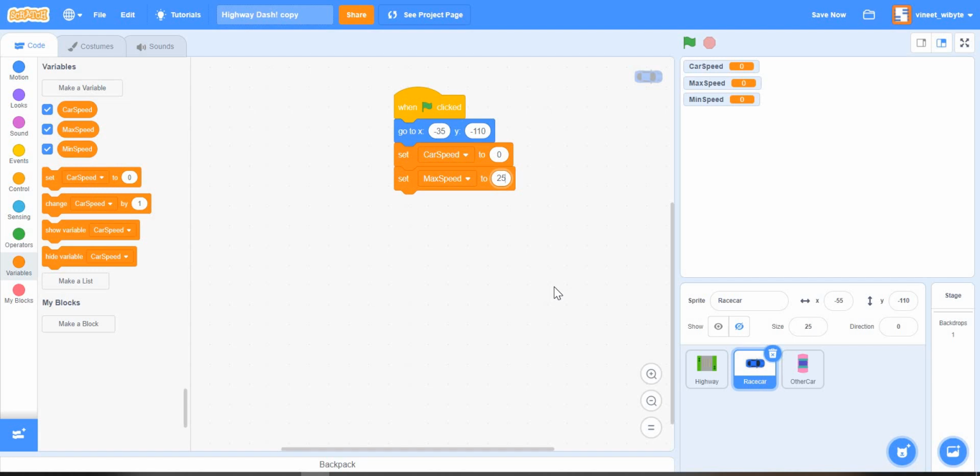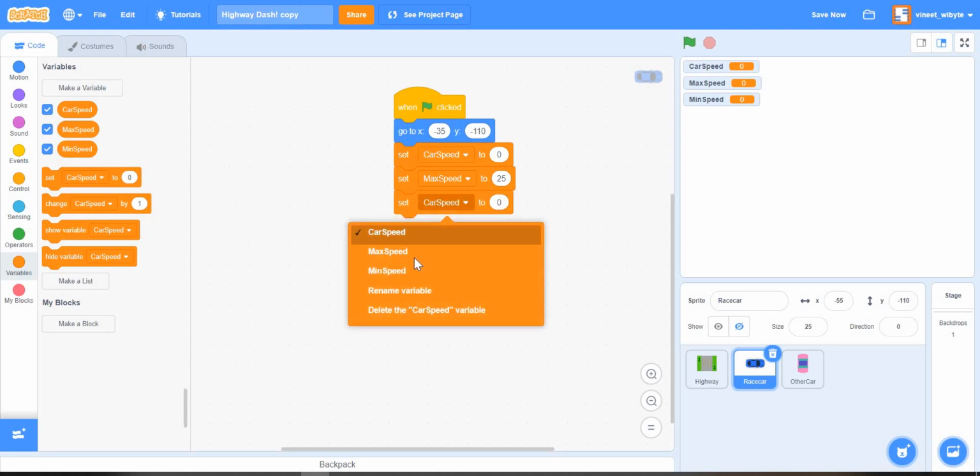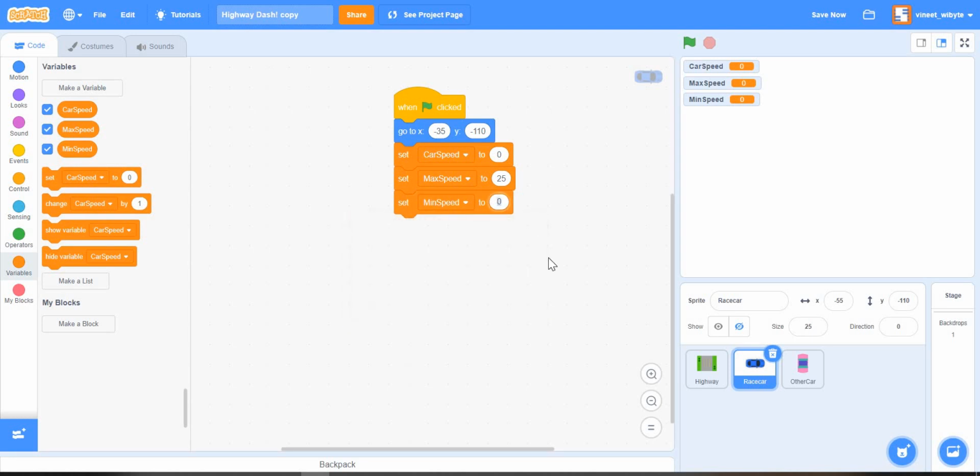So I'll limit the max speed to say 25, and I'll also limit the min speed to something like 1. Now, you may wonder, why do I not make min speed 0? That's because, in this game, I have other cars which are moving. So if my car has stopped, it's somewhat illogical that other cars are still moving. Although in the beginning that happens, once the game starts, the car at least moves down to the minimum speed, so it's always moving and you're overtaking other cars. So that's the whole idea.